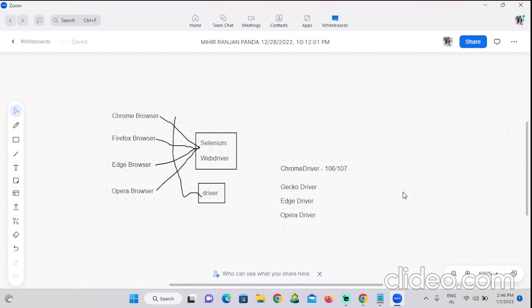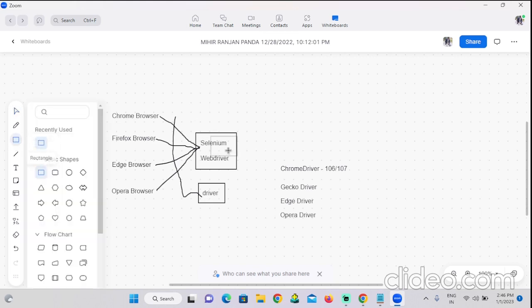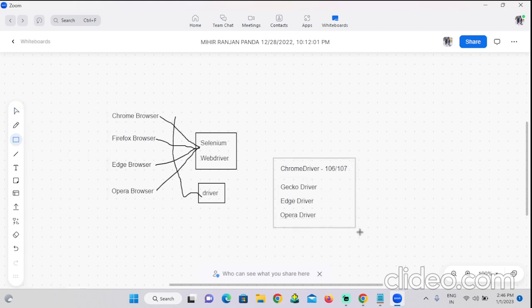So for all these browsers, along with the Selenium WebDriver, we need to install these four drivers so that we can execute the program. So these are all the four types of drivers. Hence, in order to do all these things,